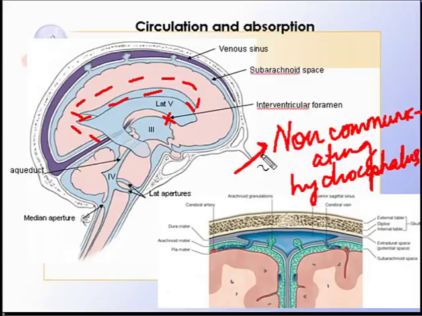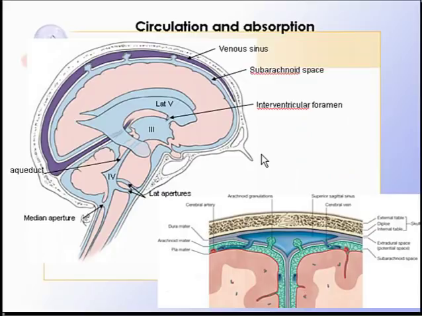Now, the second type where there could be a problem is, the problem could be the aqueduct is blocked, or again either of all of these foramina are blocked. So then again, this is a problem in circulation. So you can see that if the aqueduct is blocked, then the lateral and third ventricles will increase in size. If for example these foramina are blocked, then all the ventricles will increase in size, and there'll be hardly any fluid present in the